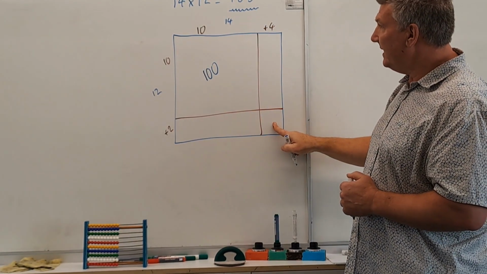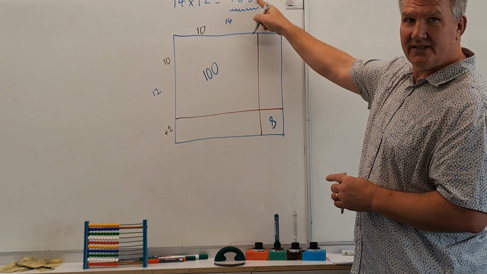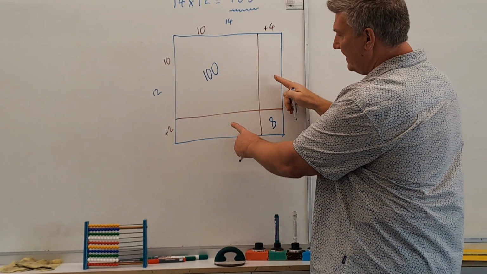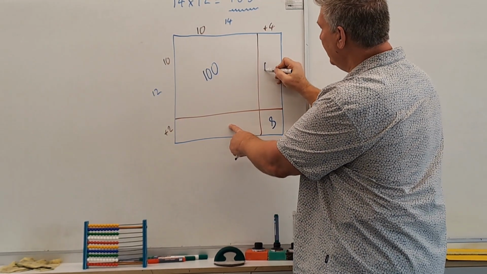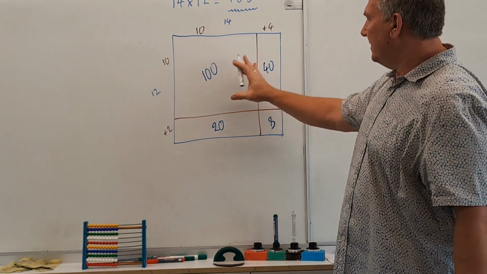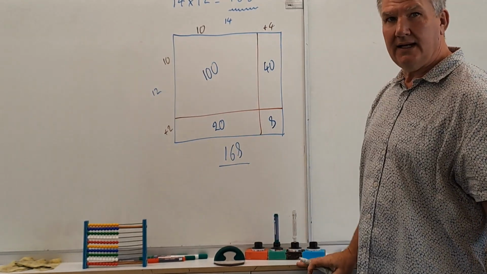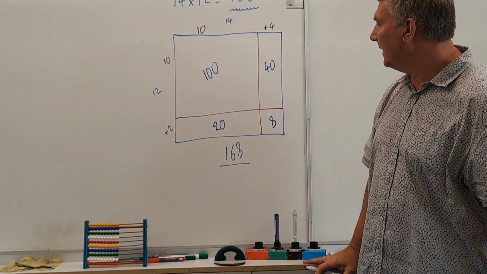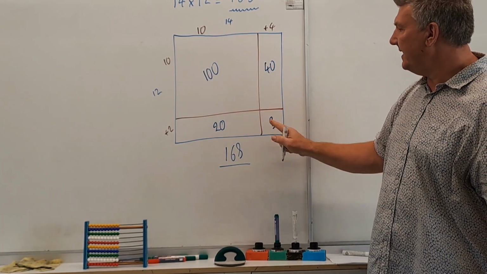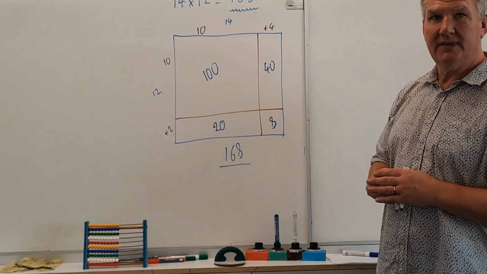This smaller block down here is the 2 multiplied by 4, which is the 8 that the students are aware of. What they don't see in their mental arithmetic is there are these 2 missing spaces. This one here with a value of 40, and this one here with a value of 20. And so the sum of these spaces is 168. And again, they partially understood it. They knew there was a 10, they knew there was an 8, but once they see the space and they understand that these points are going to be there, then